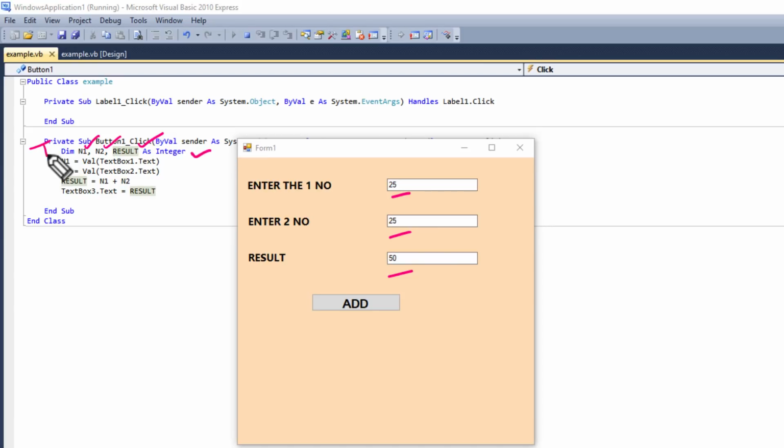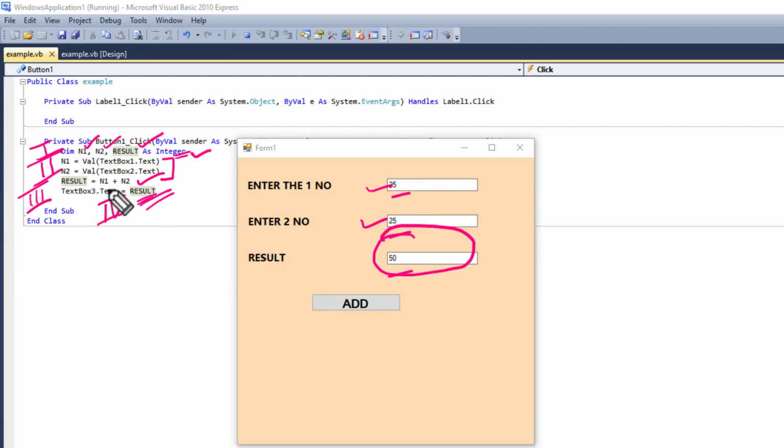So the first step is what? Declare the variables using an appropriate data type. The second part is what? Get the values, that means the input the user is giving, on which your output is based. My 25 is based on these 2 values, so I took both values from the user. Next, the third part is insert the formula, whatever you want to compute, and the last part is